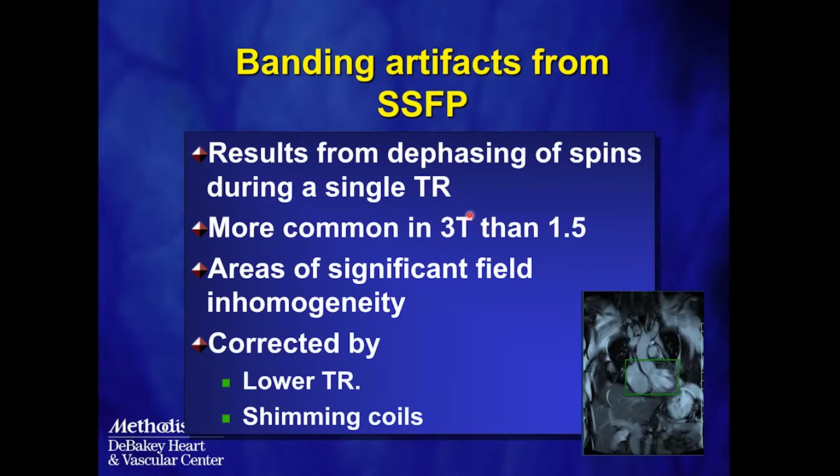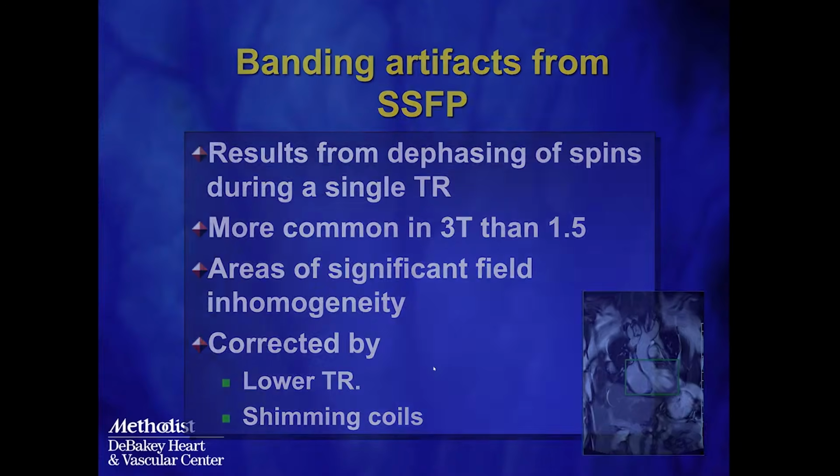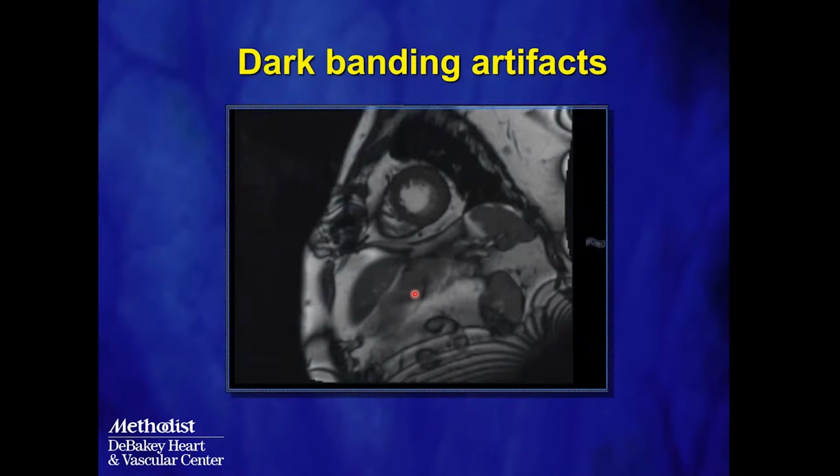The higher the magnetic field, the more likely that you will have dephasing, and typically in areas of significant field inhomogeneity. Typically, we adjust and use our shimming coils in order to cause more homogeneity within the magnetic field, and sometimes you can lower the repetition time to minimize some of this artifact. So this is what you typically see: those dark banding artifacts. Thankfully, it's not affecting the image quality in this patient, but that's very commonly seen in